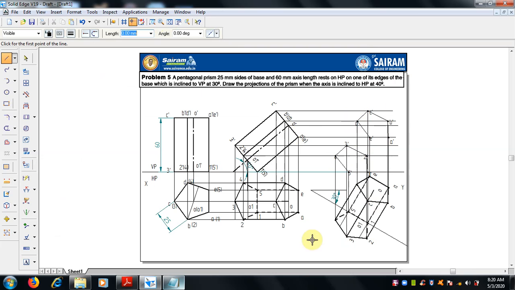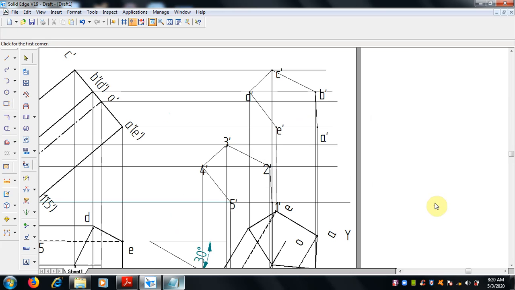Now we can join with the lines, so that in case we are not sure about the visible lines, we can finish this one.